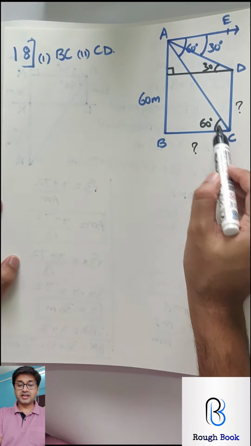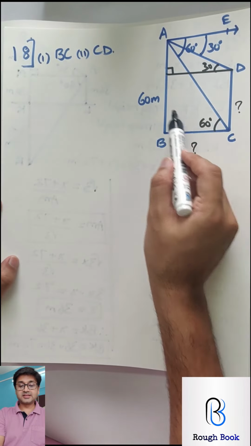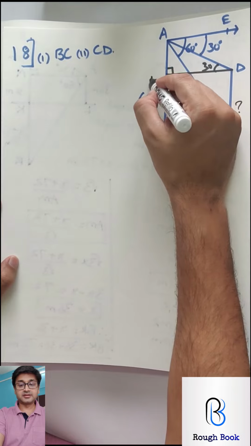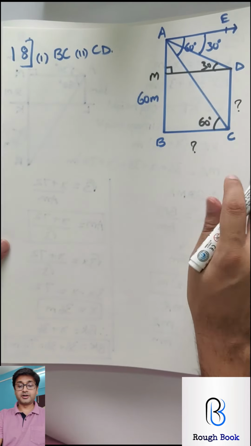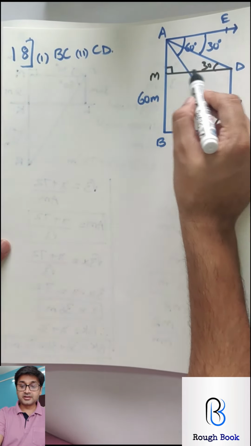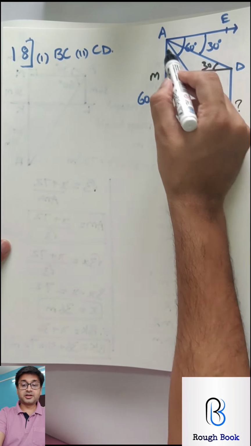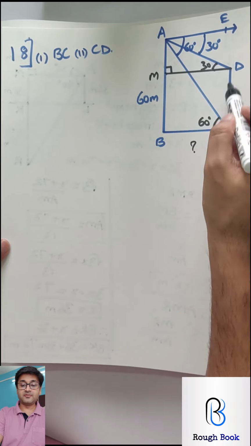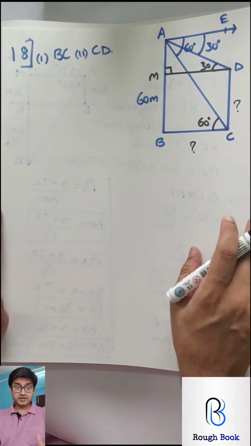So first take triangle ABC. Tan 60, you will get BC. BC equals to this DM, let's say. Okay, if required. Yeah, it will. DM. Then take this triangle, apply tan 30, get AM. Subtract AM from AB, get BM, and BM will be equal to CD. So I've given you the entire sum.